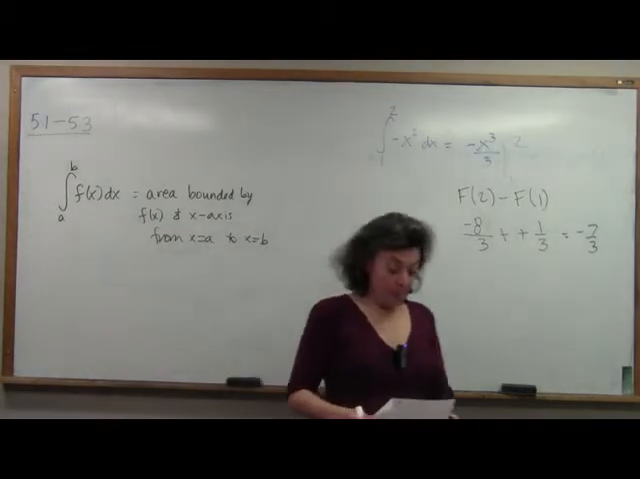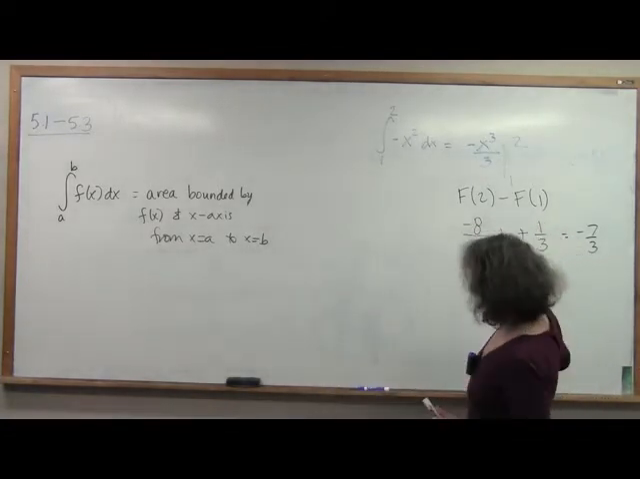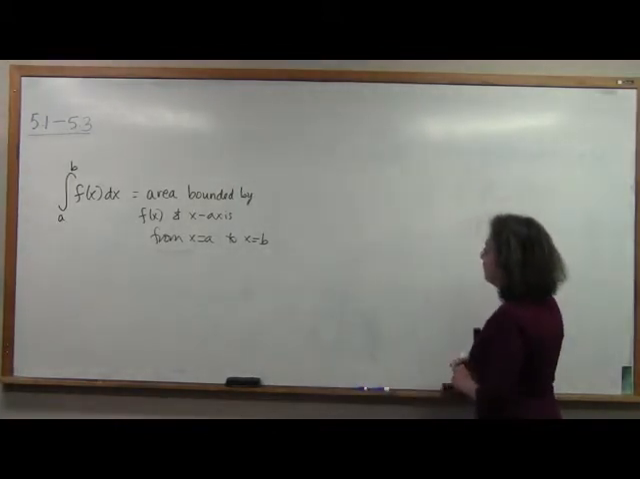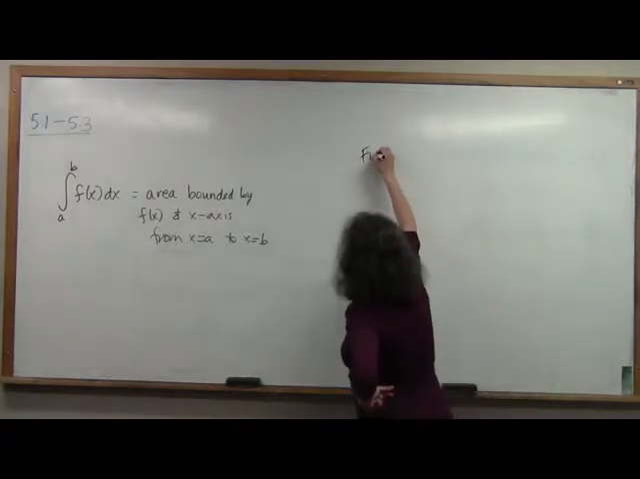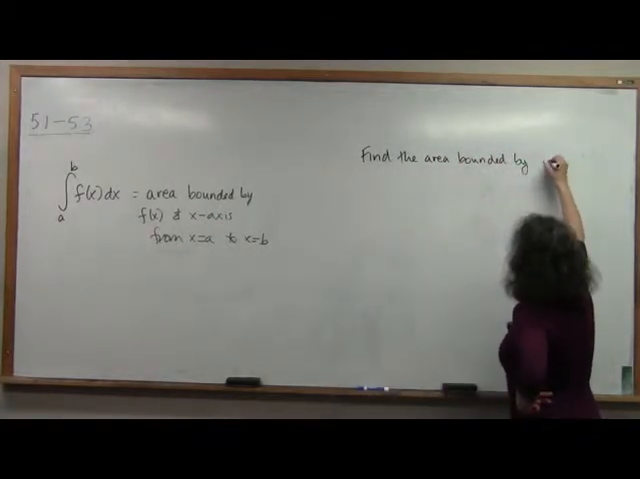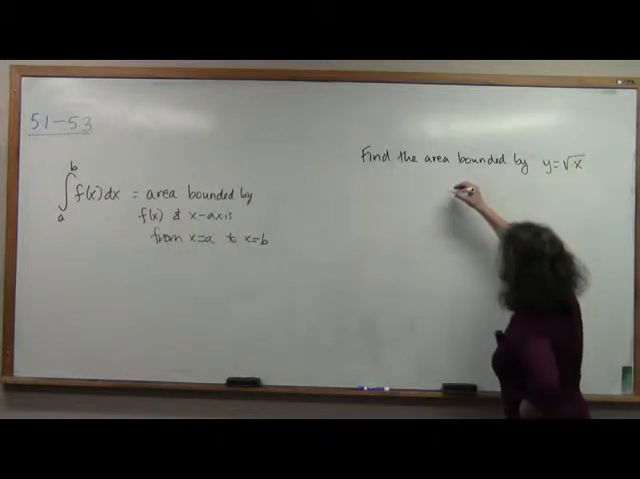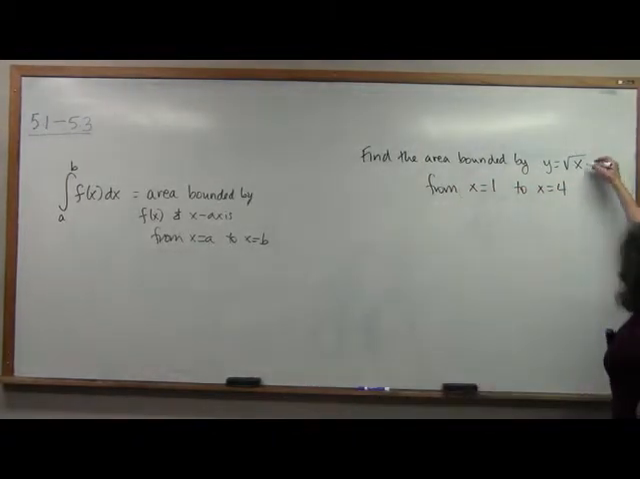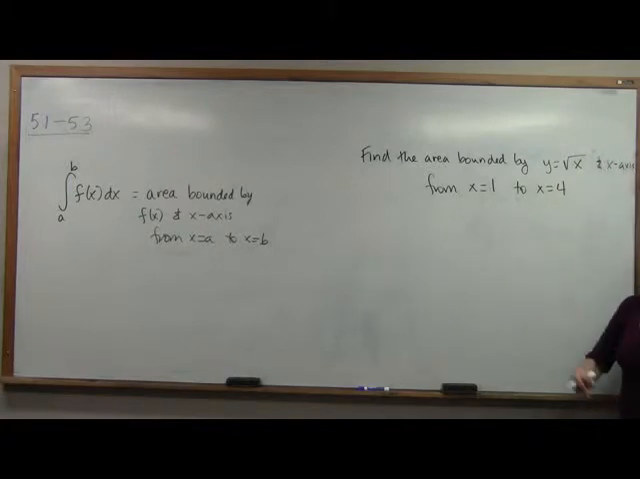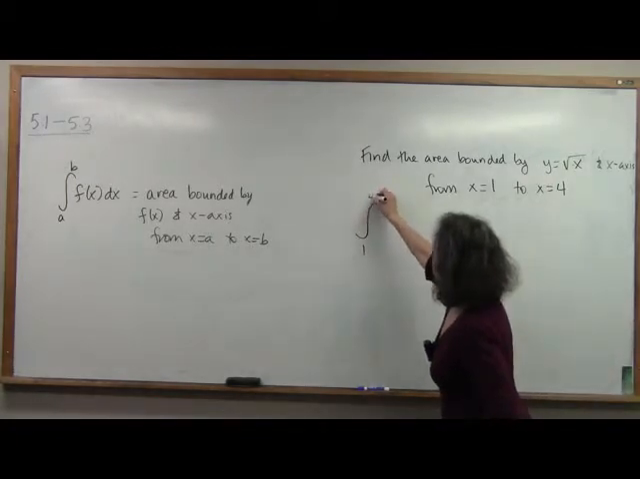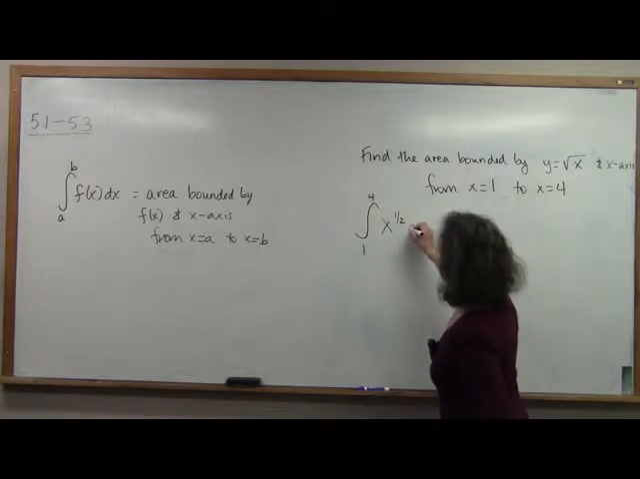So, for example, how would we find this? What if I wanted us to find the area bounded by, let's just take y equals the square root of x from x equals 1 to x equals 4, bounded by that and the x-axis. If you're asked to find an area, the connection you've got to make is that you're computing the definite integral from 1 to 4, and my function is x to the 1/2